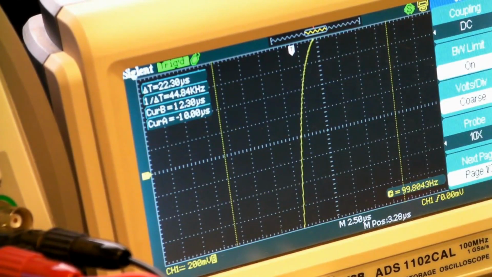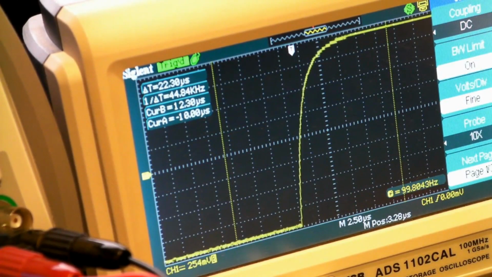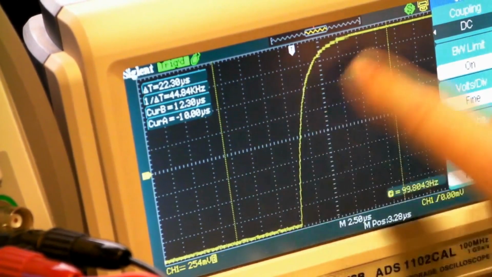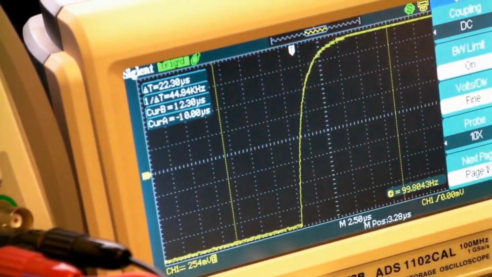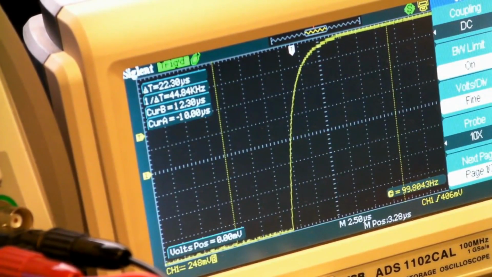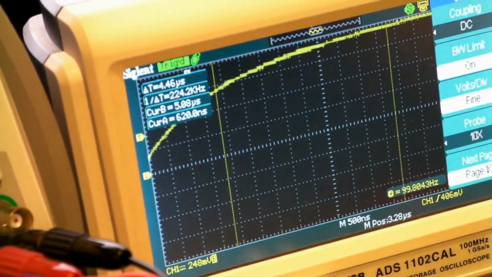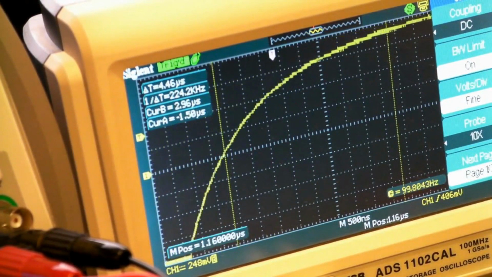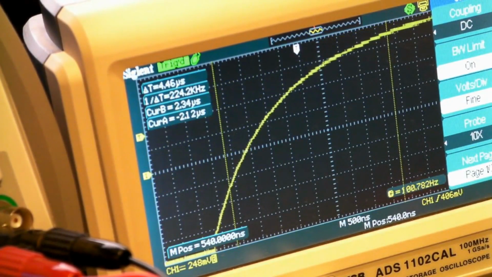So if I just simply reduce my scale so that it sits on the 0, which it is now, up to the maximum scale, and if I just increase the time scale so that I can see enough of this waveform,